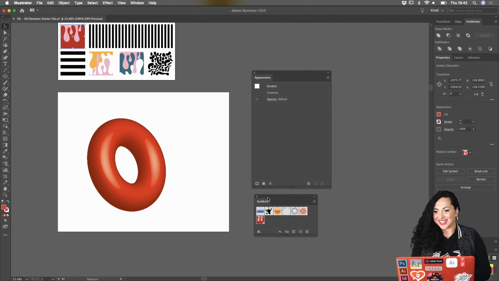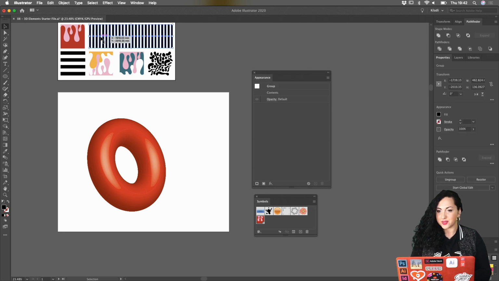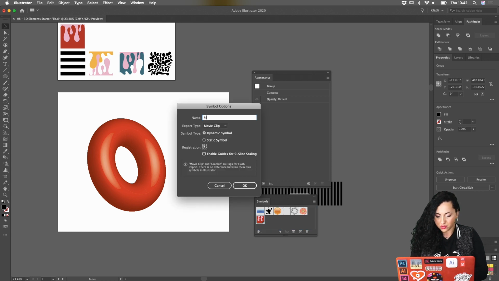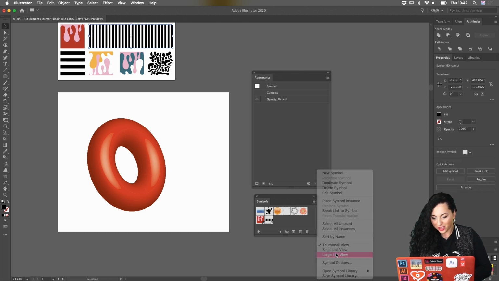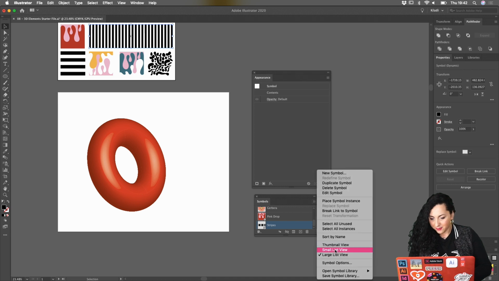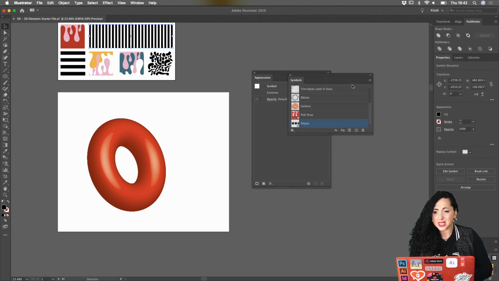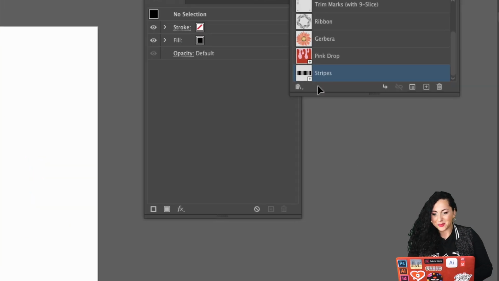Once we're done and we created our first symbol, I'm gonna also drag a second one just to make sure that we have a little bit of variety. I'm gonna use those little stripes over here, and I'm gonna drag it in, and I'm gonna call these stripes, and I'm gonna press OK. And as you can see in our symbol here, let's see if we can make a little bit of a larger list. Oops. I can expand it here a little bit. Didn't go as large as I wanted. Perhaps I should simply zoom in here